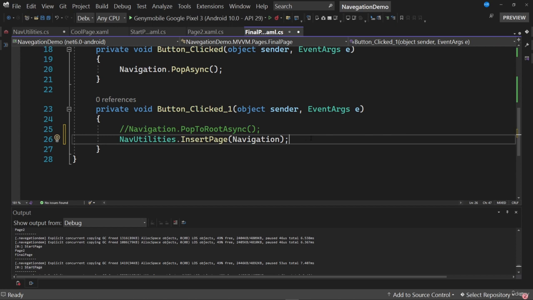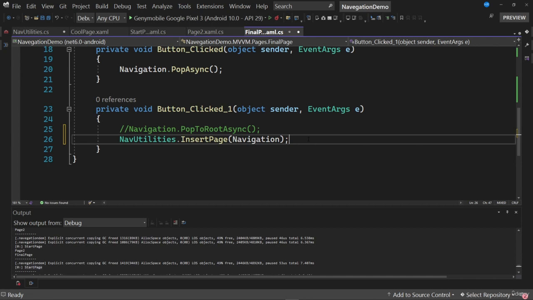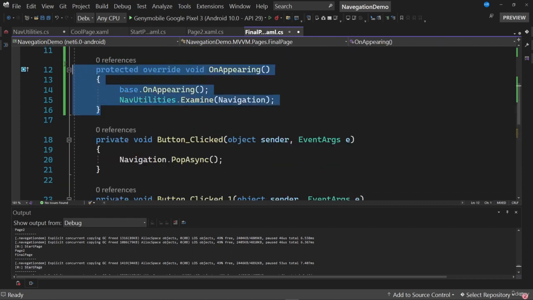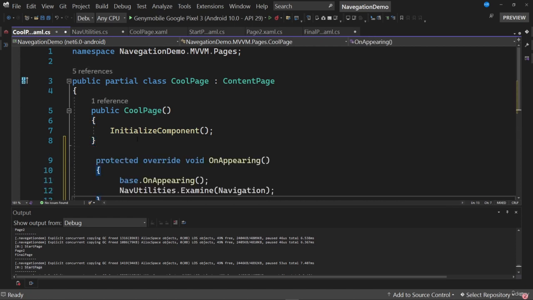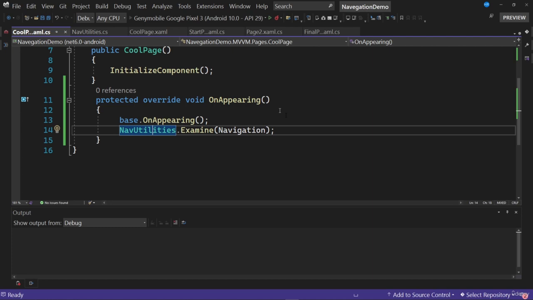What should happen is that when we invoke this method, a page of the CoolPage type is inserted after the first page. To be able to see the navigation stack from this page, I'm going to copy what we did before, that is to say, the overriding of the OnAppearing method in the code behind of the page. I paste the code, we have to import the namespace that is needed,